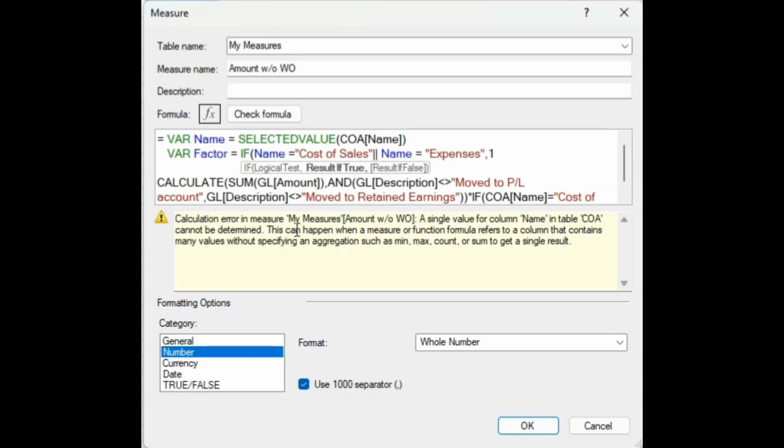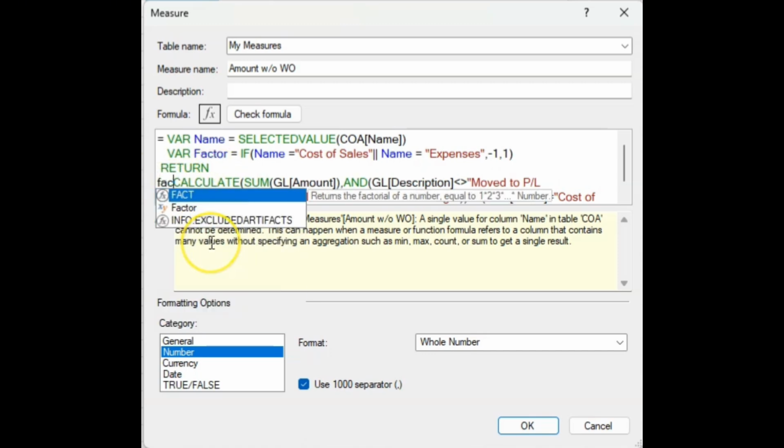I want -1, else I want 1. Good. So now we've created this variable, right? Now we can return. So you can say RETURN. Whenever you create a variable, you need to return it. Okay, so we're going to say equal to RETURN factor